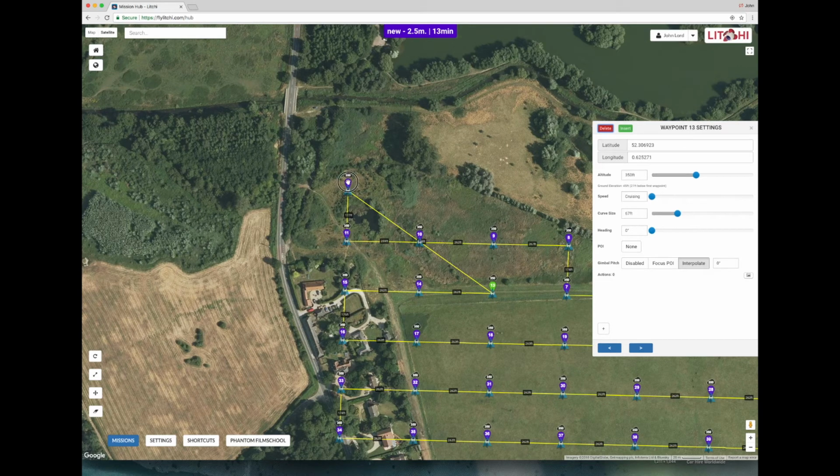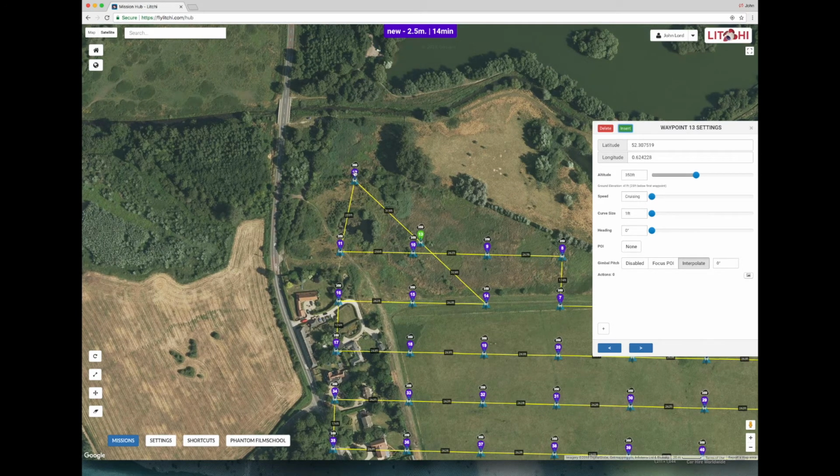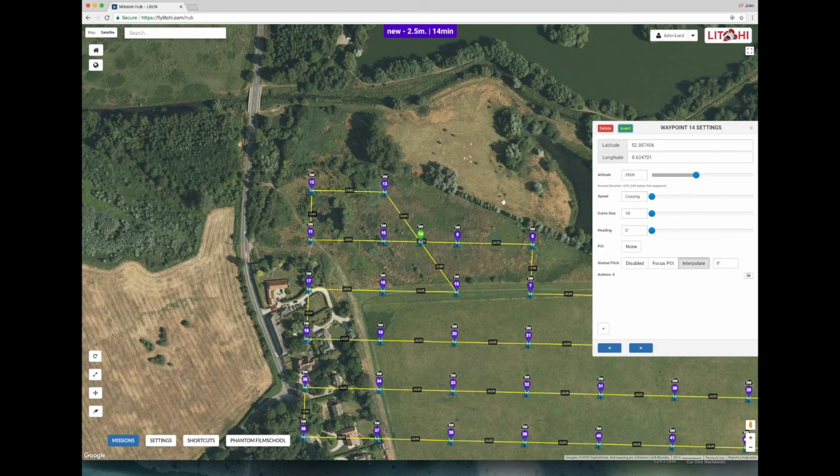So what I'm actually going to do is just drag that up a bit, click insert, and now I'm going to take that one back down again, just so I can get onto that one that it put in an inconvenient place. So there we go, up there for that one, and one more insert. Okay, so the Inspire is going to come along here, it's going to go up there and effectively do that